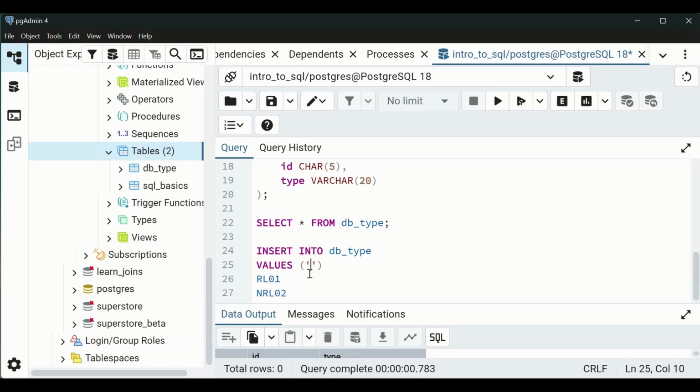The first one is a text. I probably want to type that in all lowercase RL, or we can keep it in uppercase the way it is, 01. And this will be relational, comma,